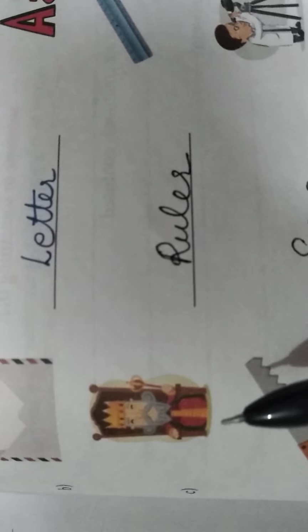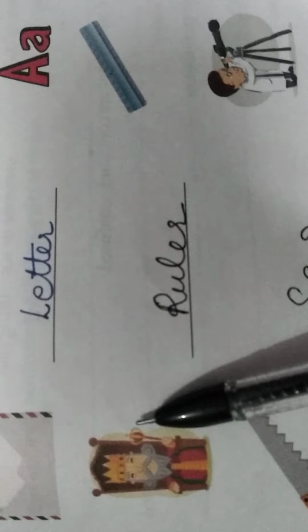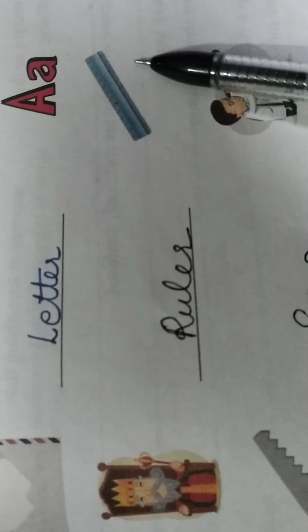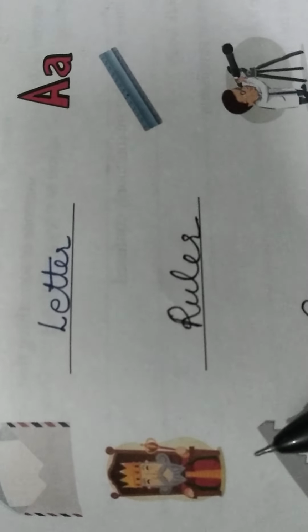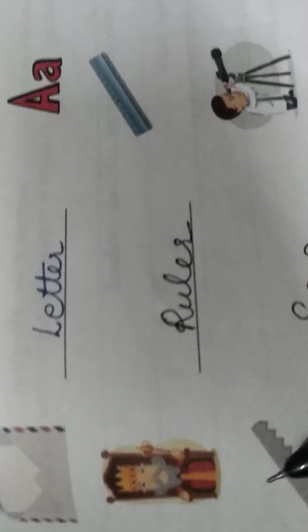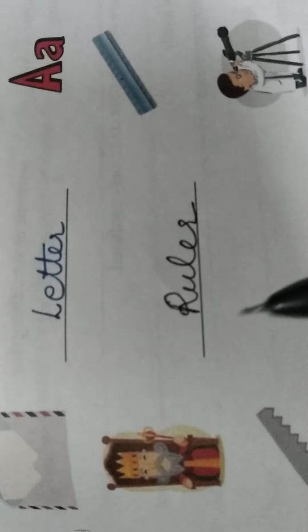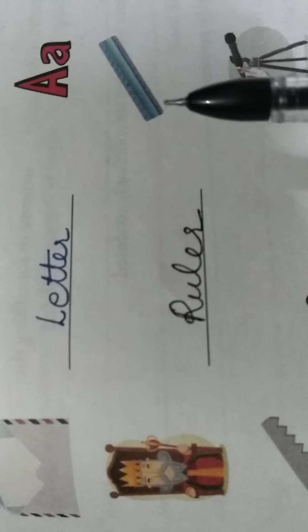Now this third one is, he is a ruler and this is a scale, the ruler with which you draw a straight line. This ruler is a person who rules a country, like a king, emperor or leader, and this is a straight piece of wood or plastic marked in centimeters or inches that you use for measuring something or drawing a straight line, right?